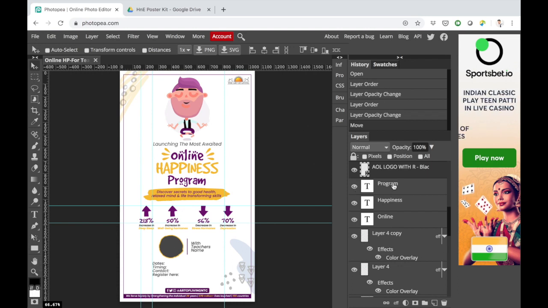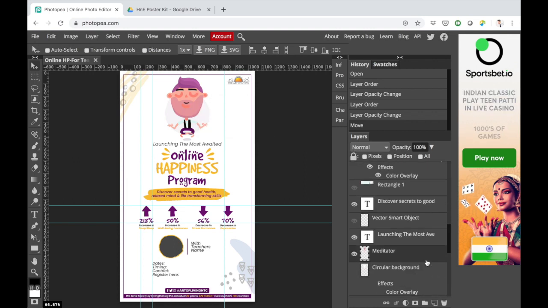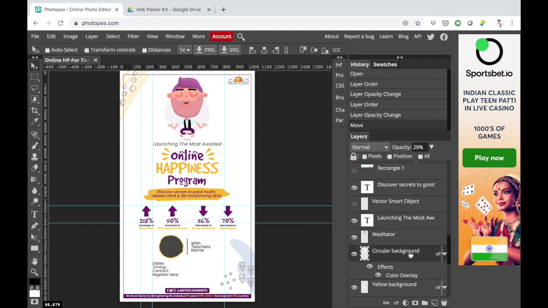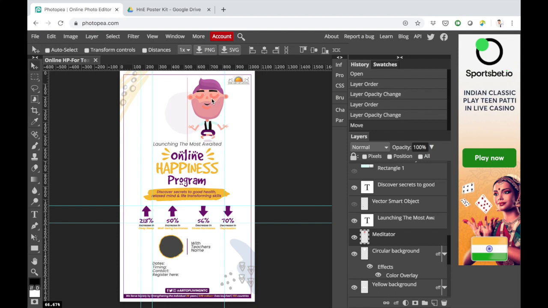Now, if you want two layers to be locked together, for example, there is this meditator, right click, meditator, and there is a circular background. If I am moving the meditator, the circular background is staying there. It is not moving.